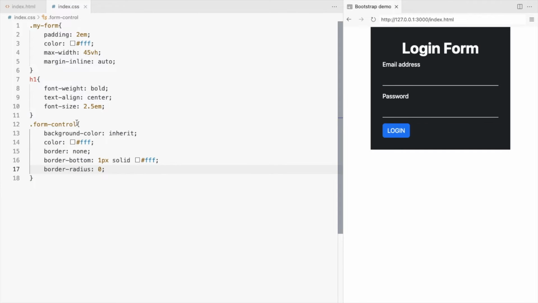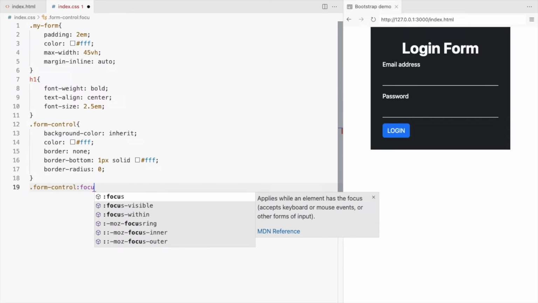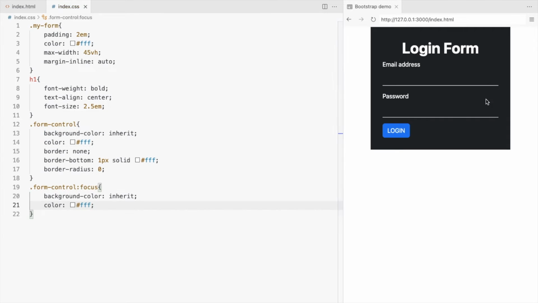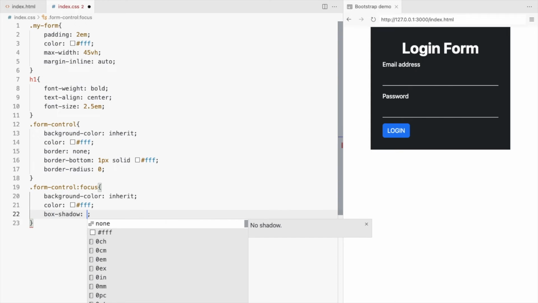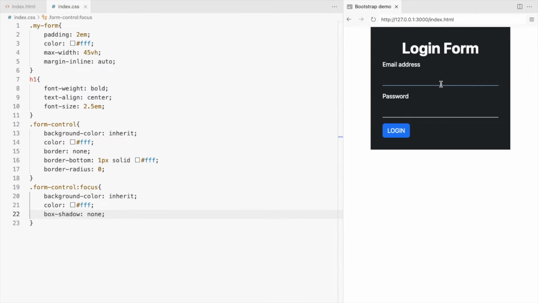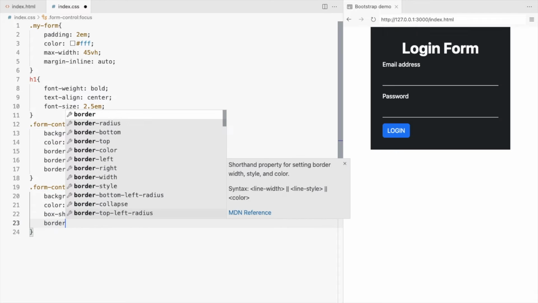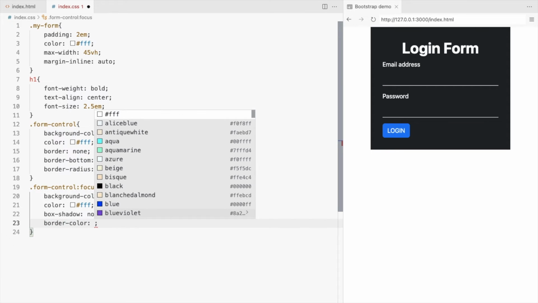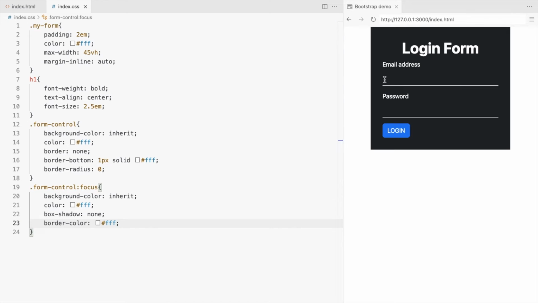We need to change the background on focus as well. Remove the blue border by setting the box shadow to none and change the border color to white. Remove this left padding.